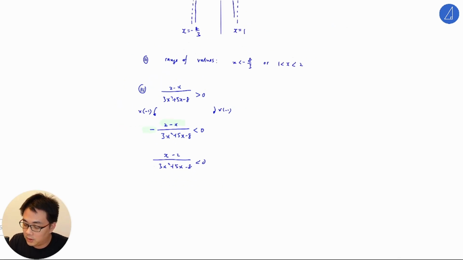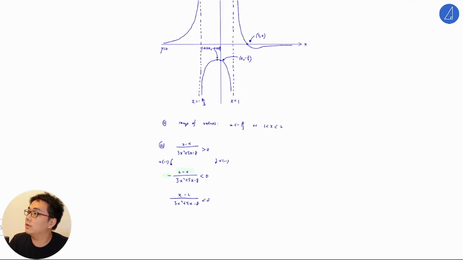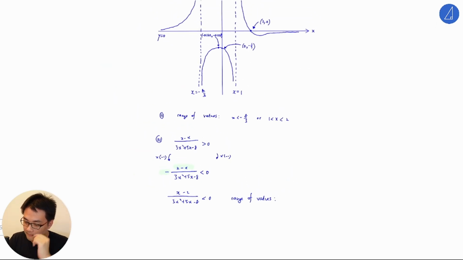So from here, you just want the negative region. So it's quite clear it's the opposite of this. Okay, you just want the negative region. It'll just be